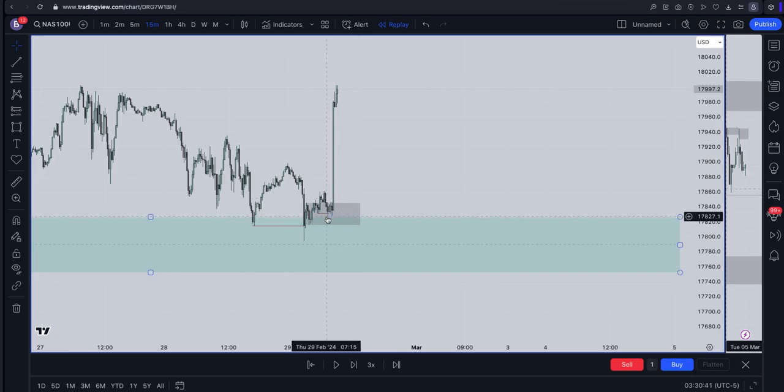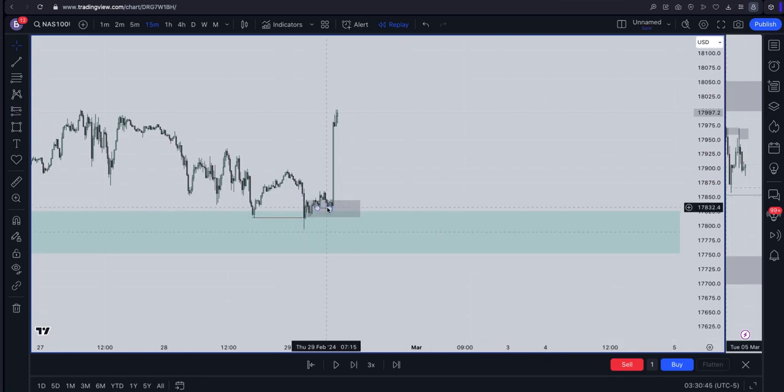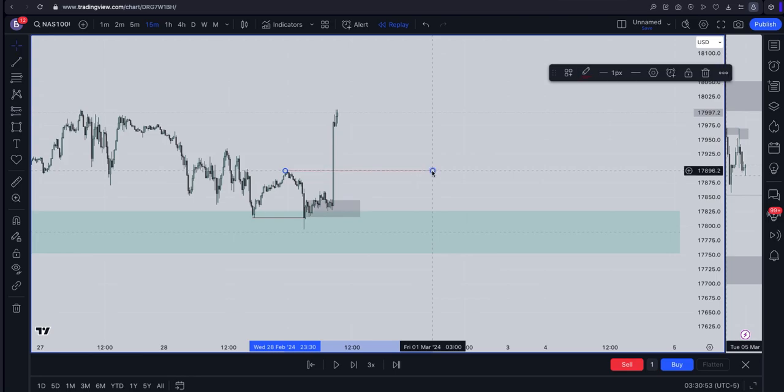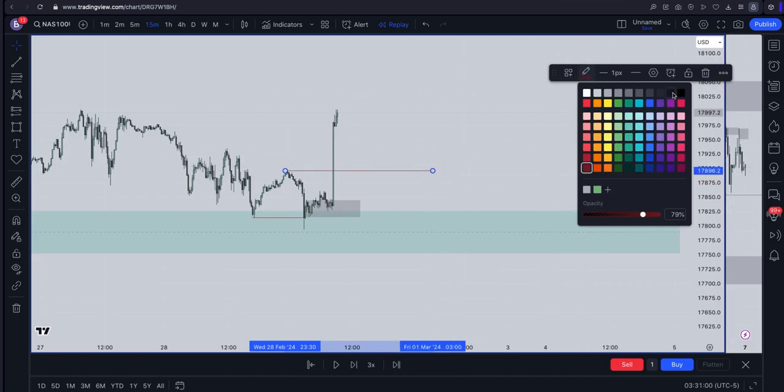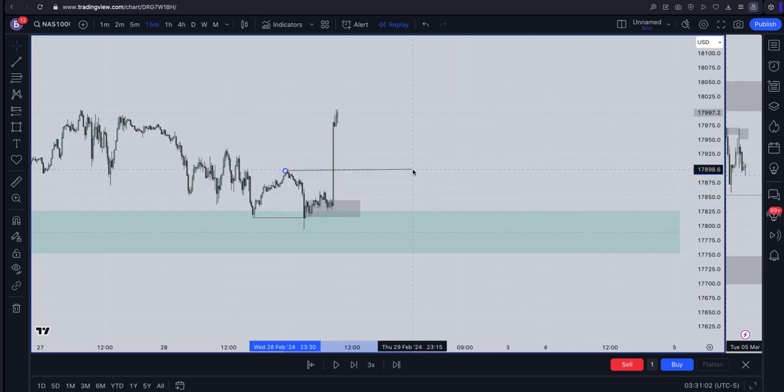I think I got my entry here that day on the 5 minute or so. But nevertheless, if you miss this entry, there will still be another entry here, because now this is a breaker. I just wanted to backtest how I caught this entry, but I don't want to go on lower time frame, because here we're talking about the 15 minutes. So let's focus.